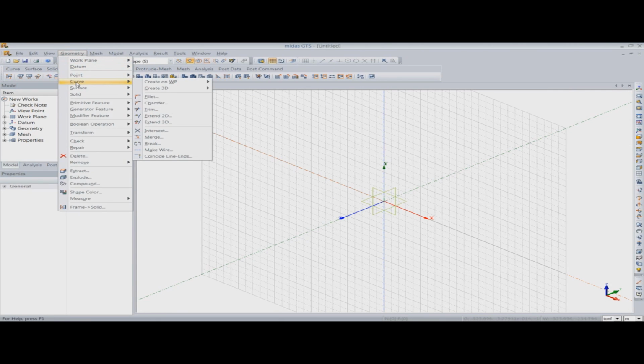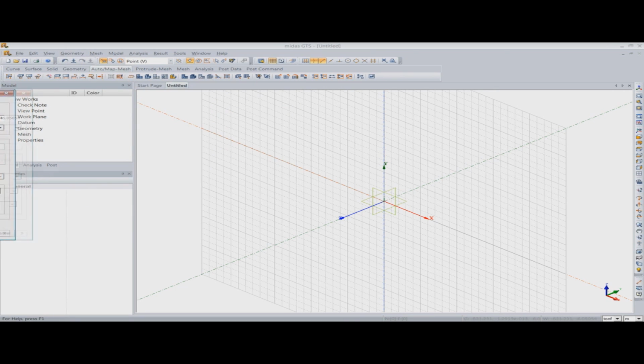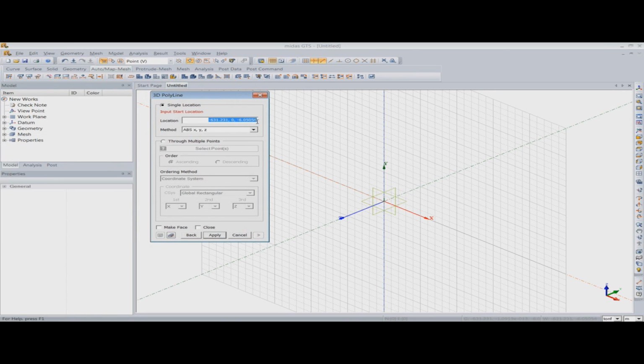So I will model the curve accordingly. First we will model the wireframe so that we can use that wireframe to create the solids. So I'll create the wireframe in 3D. I've selected the wire selection option, and now I'll create the wireframe.